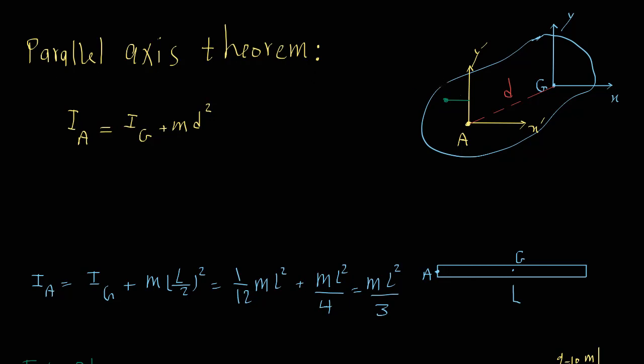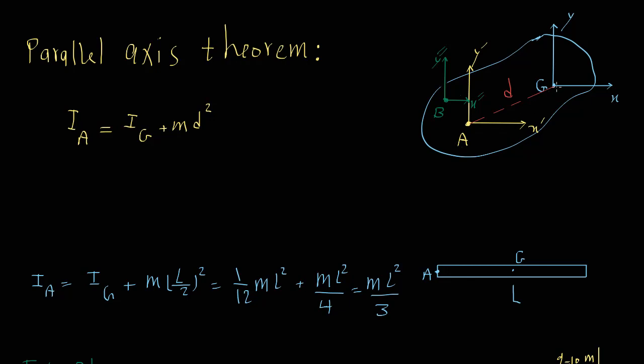Okay. So let's say these are the axes at B. So this is, for example, y double prime and x double prime here. The point here is that this is point B. We cannot write down the parallel axis theorem between these 2 points. We can only write this when one of the points is the center of mass. So if we want to obtain a relationship between the moments of inertia at these 2 points,